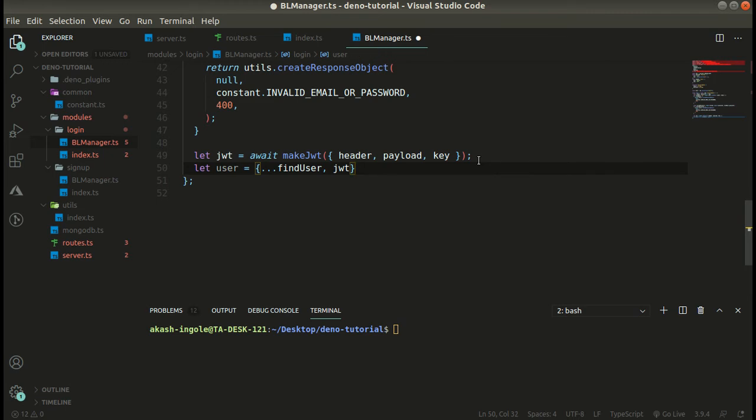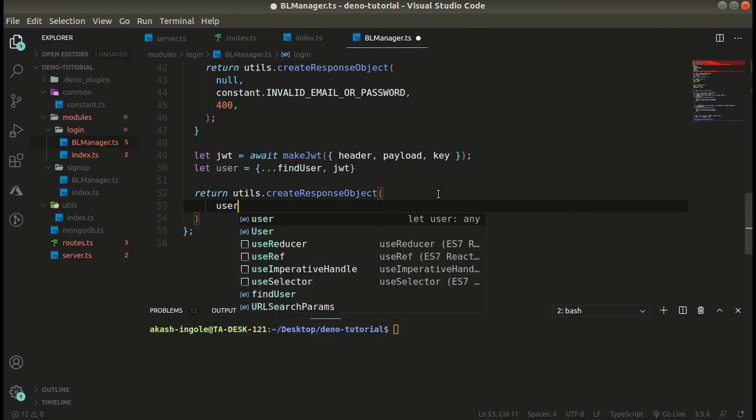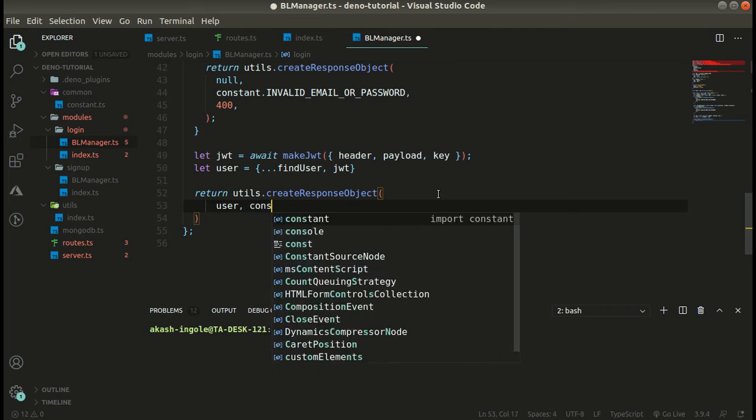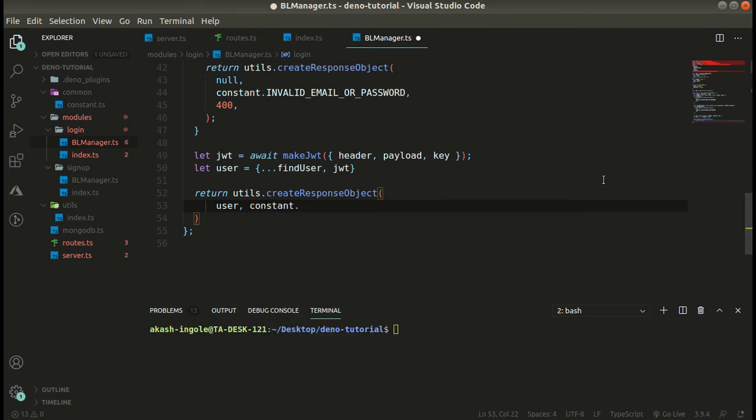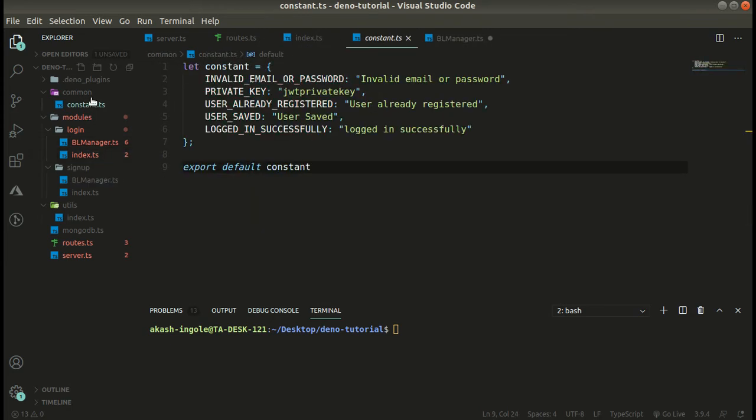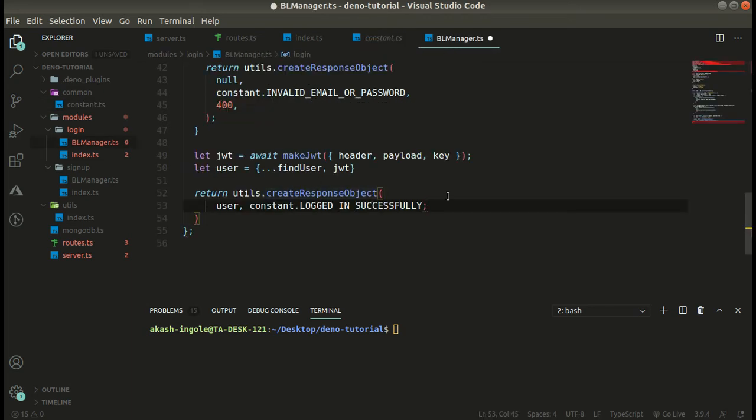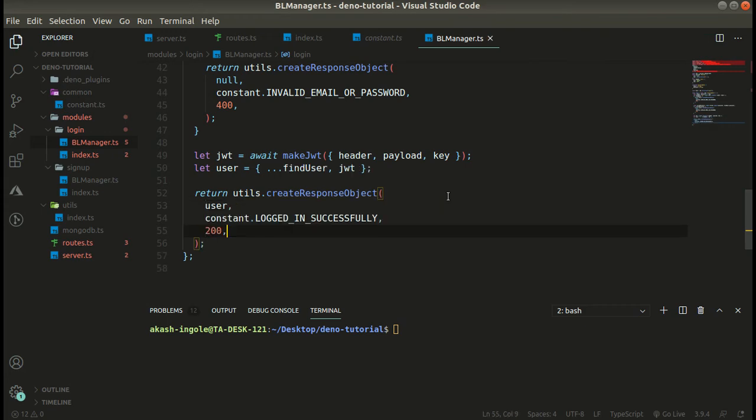Now we can simply return this success response from utils, and here we can pass our user and constant dot logged in successfully, and a status code of 200. Cool, this is our logic.